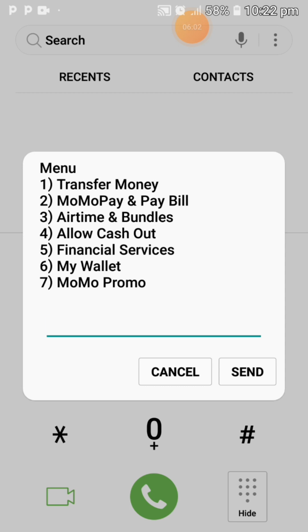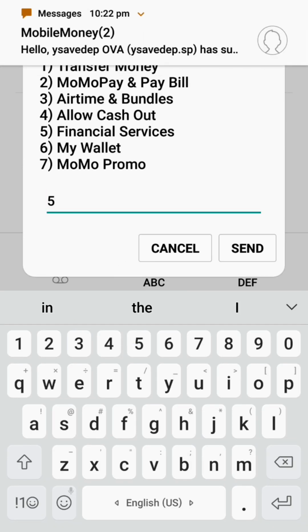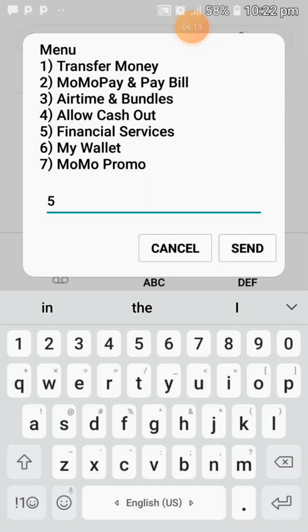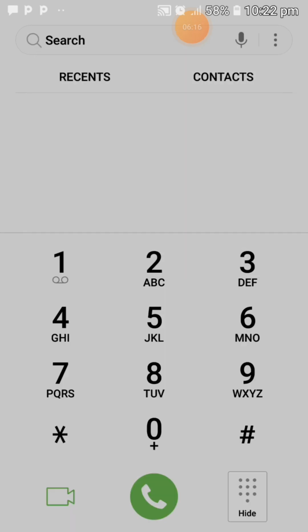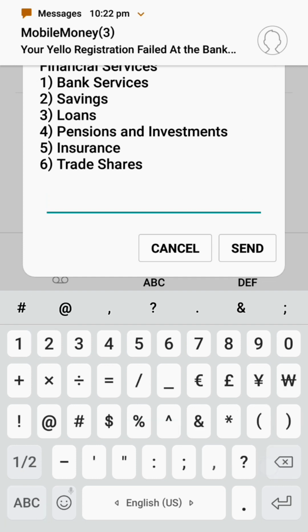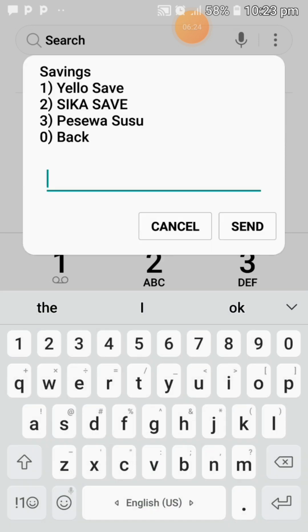Okay, you see it has come this way. So we go to financial account, you see that the confirmation message has come here. We press on 5, then go to savings, press on 2, then press on 1,